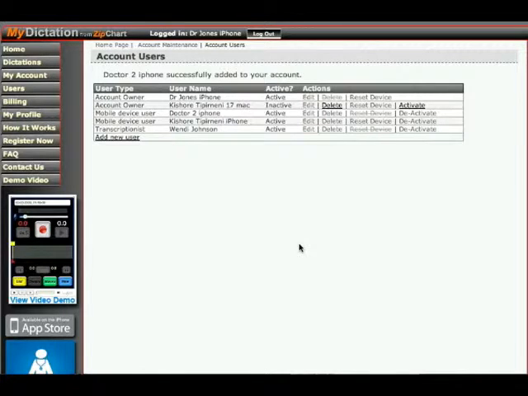Now, let's suppose Dr. 2 lost his iPhone or decides to get a new iPhone, and that new iPhone has a new device identifier that doesn't match the one that's already on the server. Well, in order to reset that user, simply click on the reset device link next to that user, and then it'll reset the unique identifier back to 0, and then